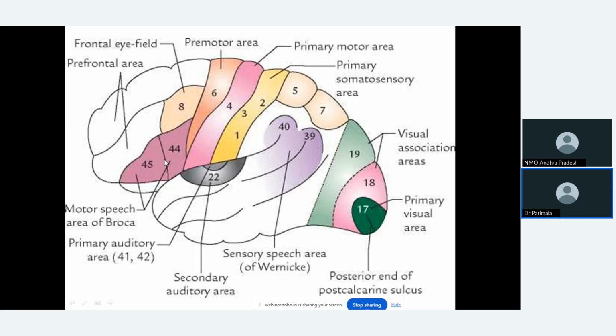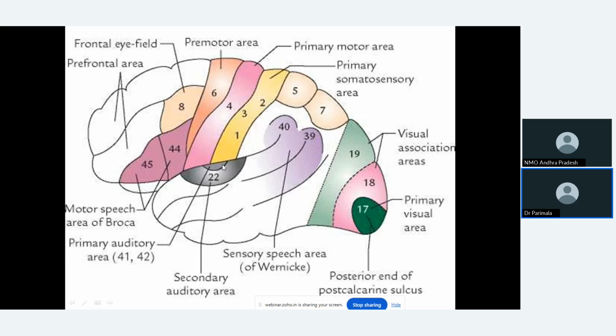So in this region, you can observe 39, 40, 41, 42. You don't have 43. Directly you go to 44 and 45. 39, 40 is here. Here you have 41, 42, then 44, 45. They are present in this region. Their numbers you can remember like that.